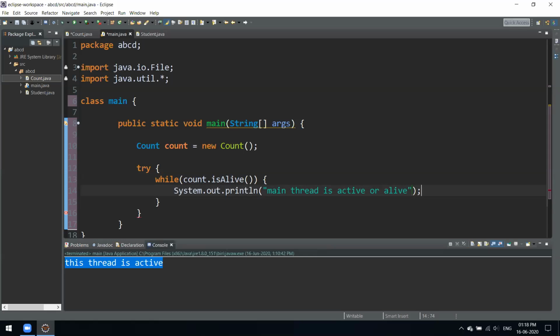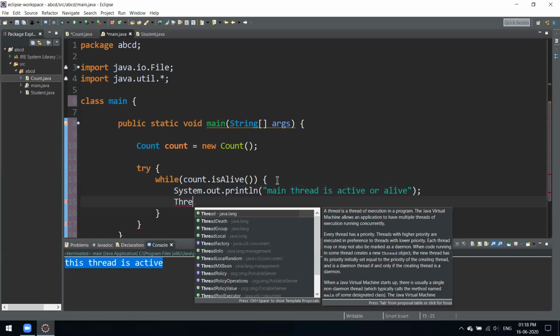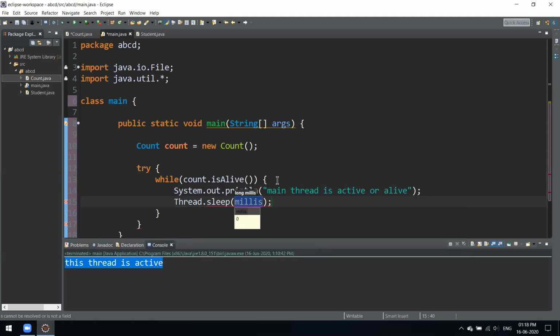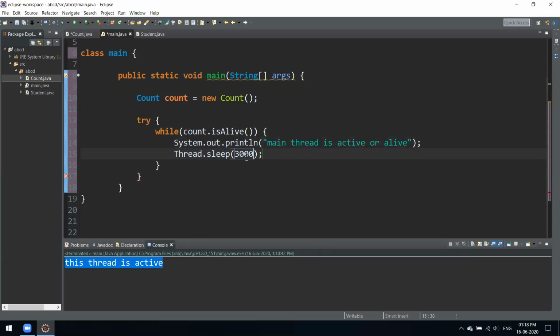and as soon as this also executes, we'll make this thread sleep for some time. Okay, so now we'll just use Thread.sleep. We'll make it sleep for 3 seconds. 3 seconds is 3000 milliseconds. And we'll write a following catch block, so that if something happens, we'll be able to catch those exceptions.